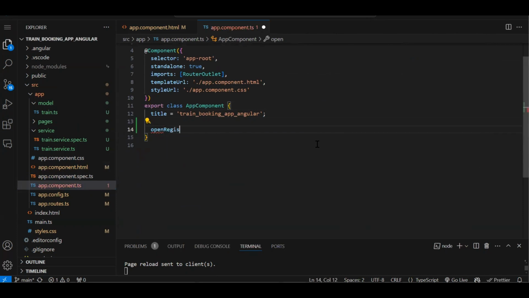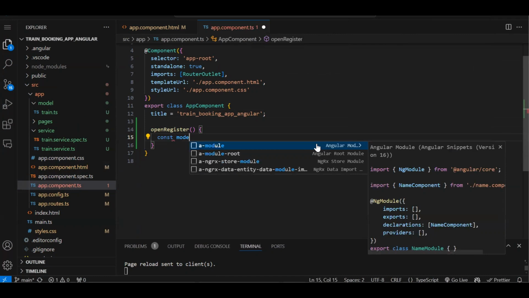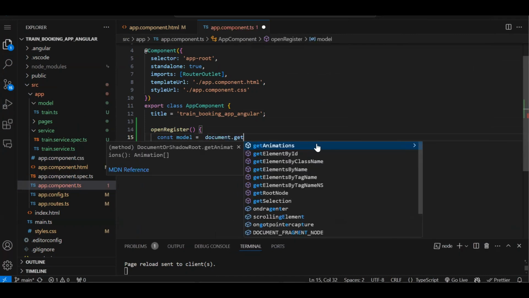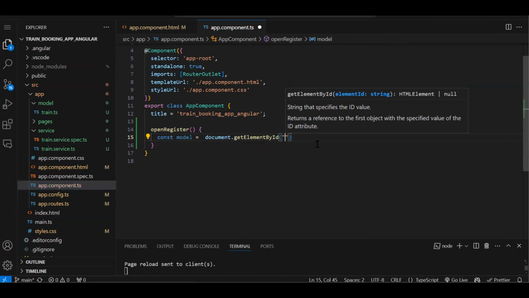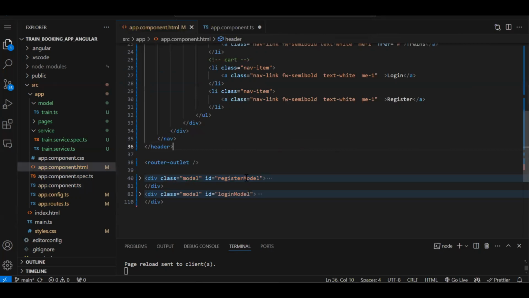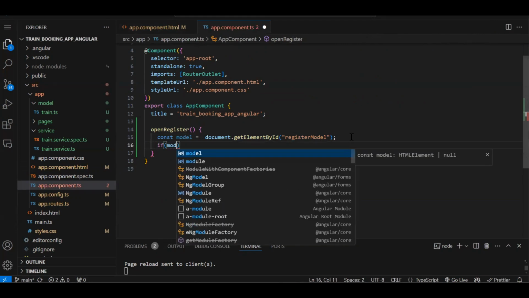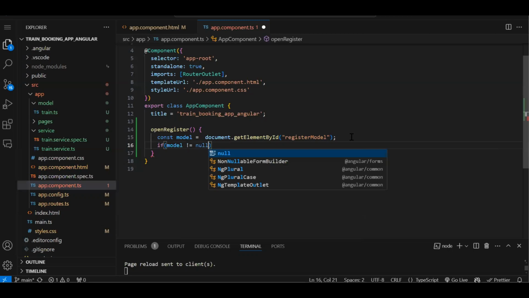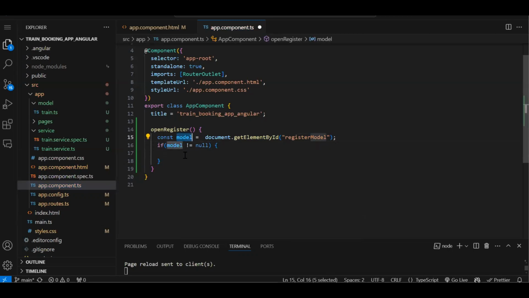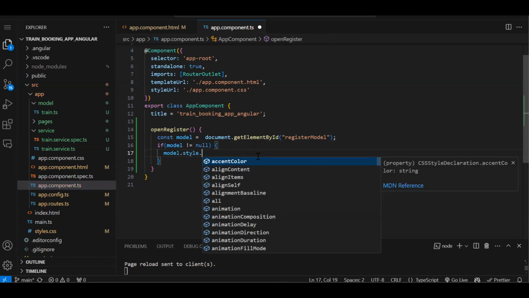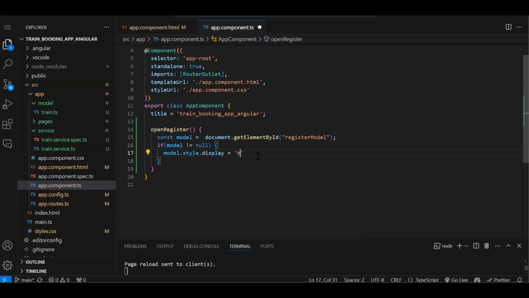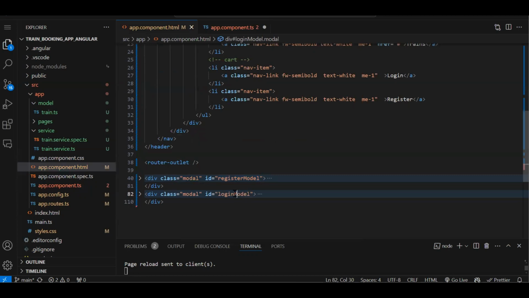Open register. So here const modal is equal to document.getElementById. I'm just using the quickest way; we can create the ViewChild also and select this id. Let's add a null check: if modal is not equal to null, we will just add a dynamic style. So modal.style.display is equal to block. Just like this, we will need one more function for login also. So I will just copy and paste over here, login modal,